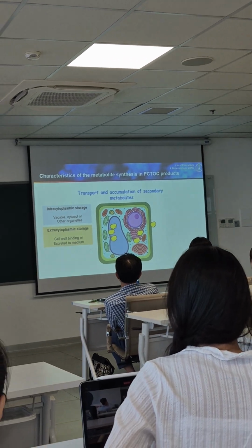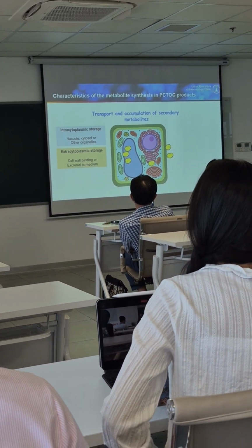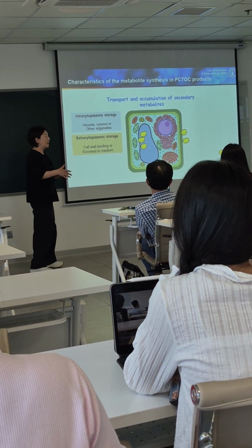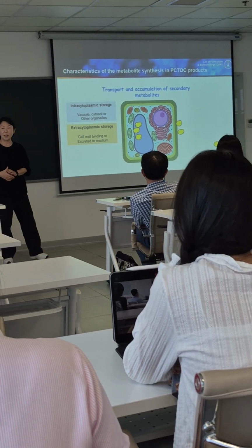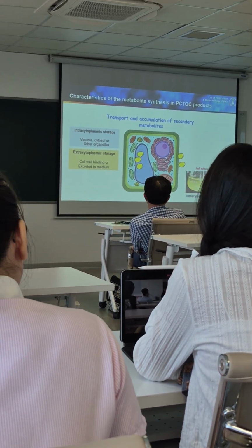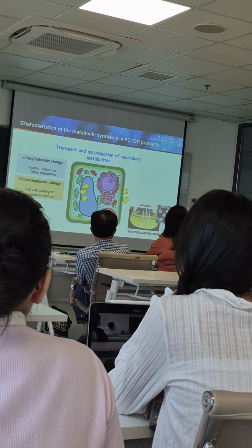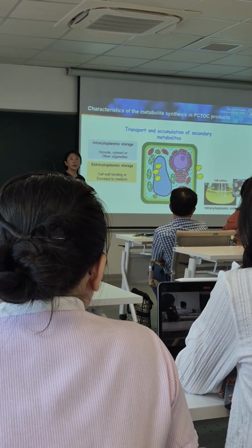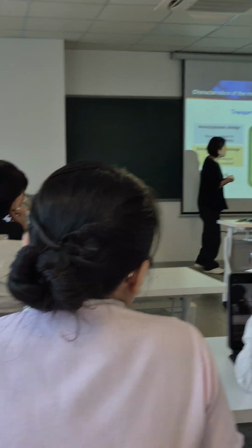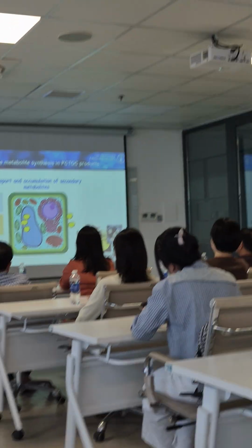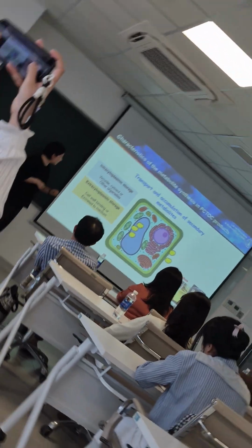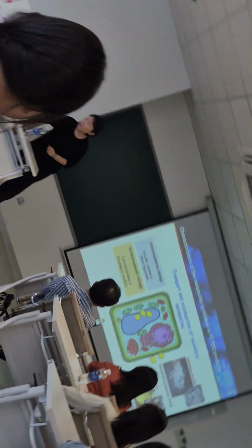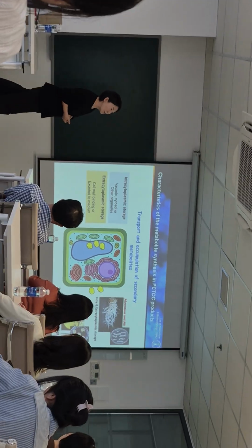secondary metabolites are bound to the cell wall or secreted to the medium, not the actual medium, the outer of the cell. You can say that. So we have to think: maybe the type of our target metabolites is intracytoplasmic storage type, then we can use organ culture type. If the target metabolite is extracytoplasmic type, then we have to use cell culture type, because if we